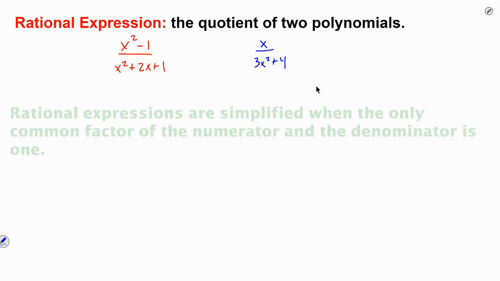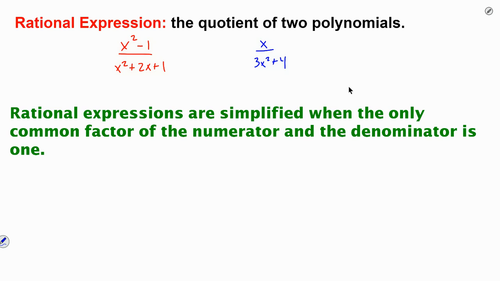One thing we need to know before we get too deep is that rational expressions are simplified when the only common factor of the numerator and the denominator is 1. What I mean by that is that if I can factor these and cancel out common factors, then it isn't simplified. It's simplified when I can no longer factor and they don't have common ones on the top. So for example, let's say I had x plus 1, we'll just leave it factored, times x plus 2 over